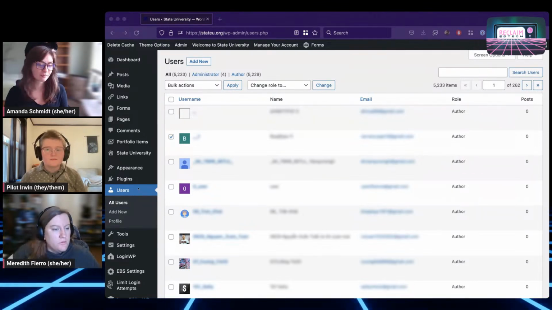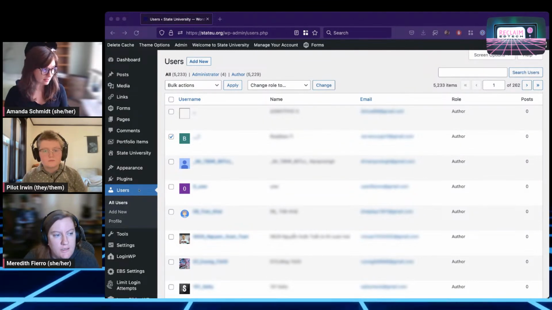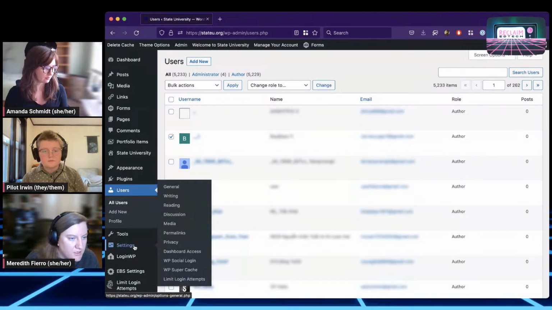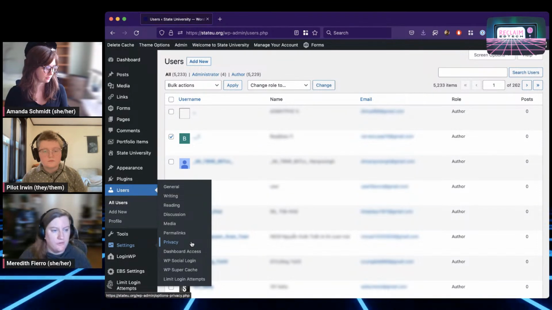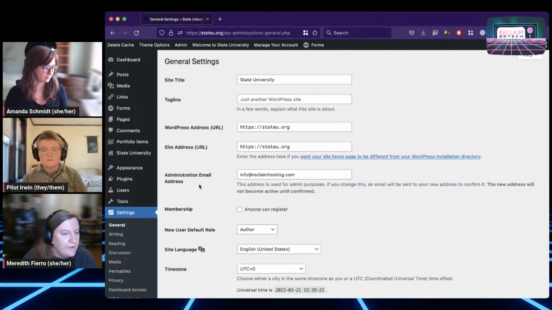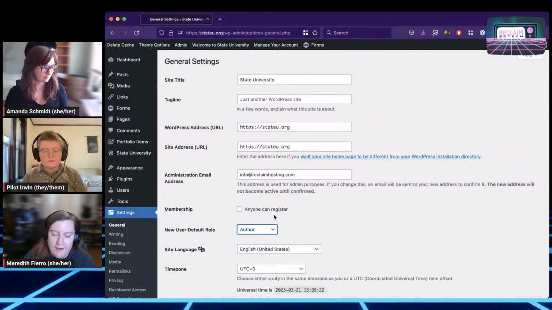Do you want to go through and show how we can change the default role really quick before we go into that? Yes. So that's under settings, down towards the bottom, and then under general or users. Under new user default role, if you switch that to subscriber,